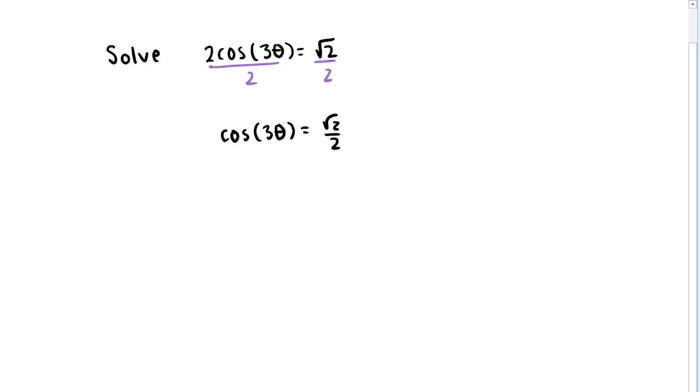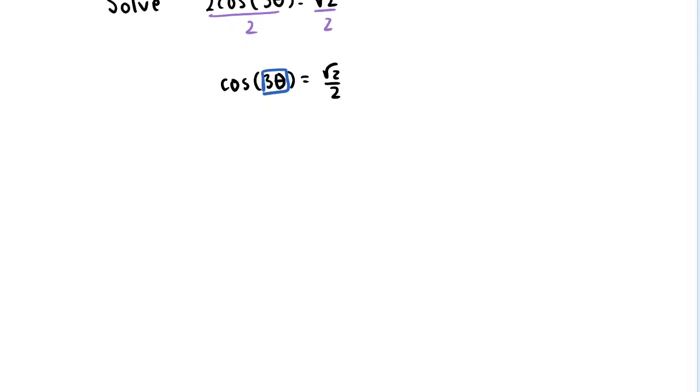And so in our previous example, when we solved sine of 2 theta equal to 1/2, we first looked at when sine of just theta was equal to 1/2. And then we made the adjustment corresponding to that factor of 2 on the input. So let's just look at when cosine of not 3 theta, but just cosine of theta is equal to the square root of 2 over 2. Right, so cosine takes in an angle and it gives us the x-coordinate on the unit circle corresponding to that angle. So if we draw out the unit circle,